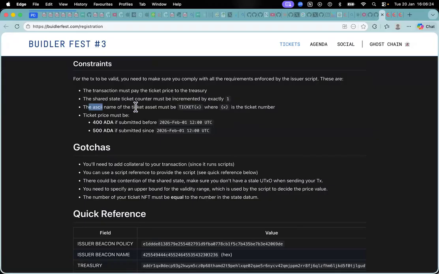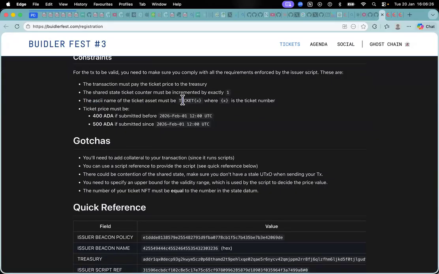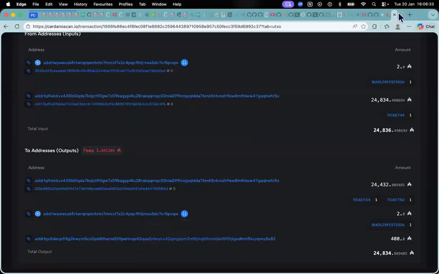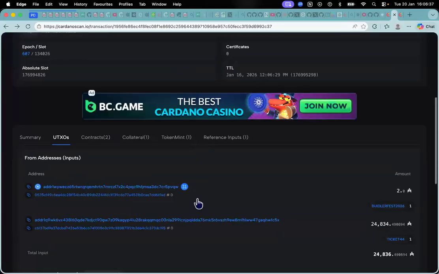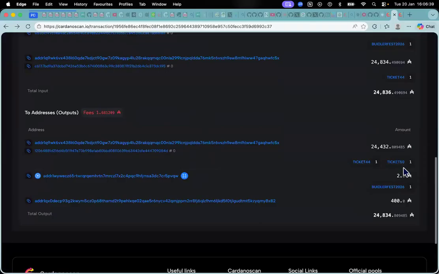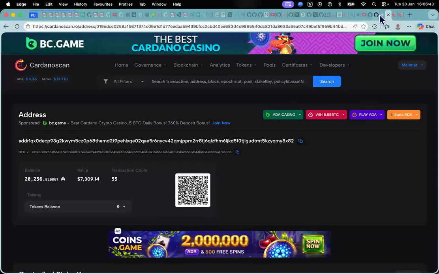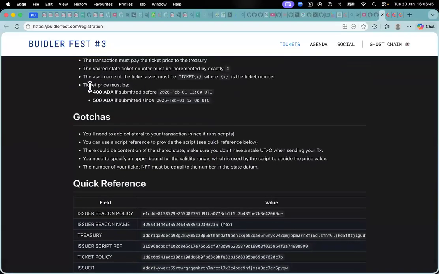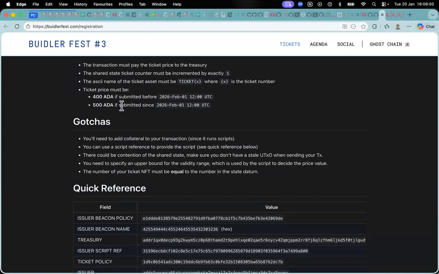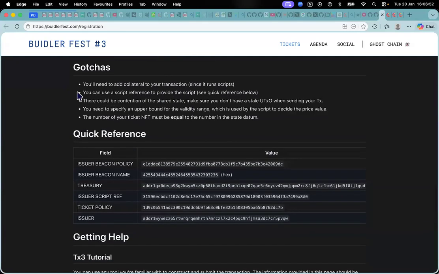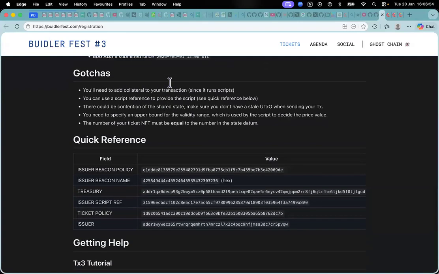This is maybe the hexadecimal version of the ticket X, where X is the ticket number. As we've seen here, I think we saw something like that earlier. Yes, ticket counter, something like this. Then we'll have to concatenate it like that. And the ticket price must be 400 ADA if submitted before, 500 ADA if submitted since. Okay, and you need to add collateral too.